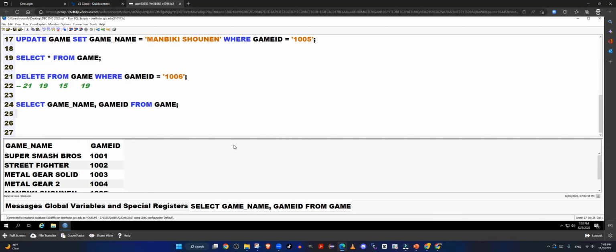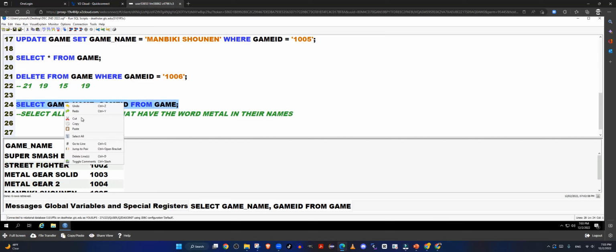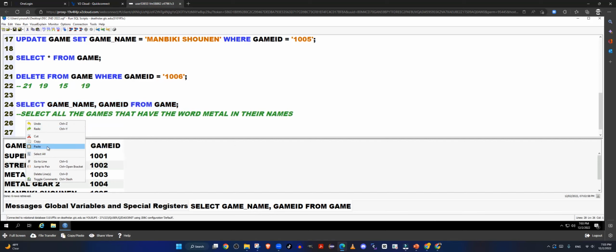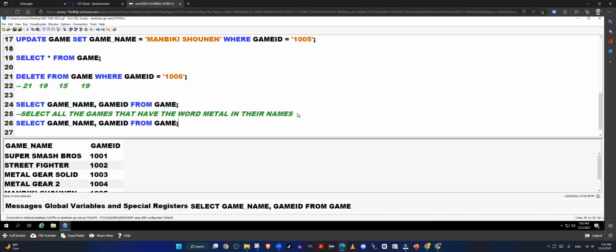Okay, now let's say select all the games that have the word metal in their names. So I will copy this and paste it. And since I have put a limitation, I would have to have a filter of a where clause. So select the name, select the ID from game. However, only select those records where